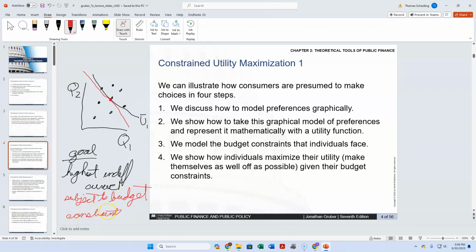Now, why are we talking about this here? Well, the idea here is that when you get income from the government, sometimes it's not just straight income, right? It's income in kind, meaning if I get a Section 8 voucher for housing, my income goes up, but it forces me to buy, if Q1 is housing, a certain amount of the good. So in other words, our budget constraint,